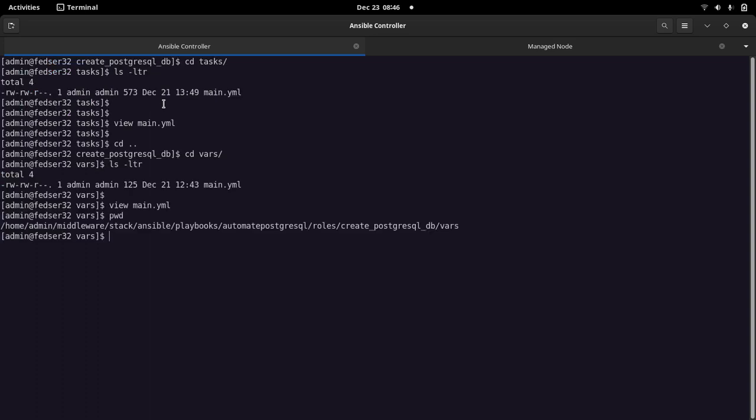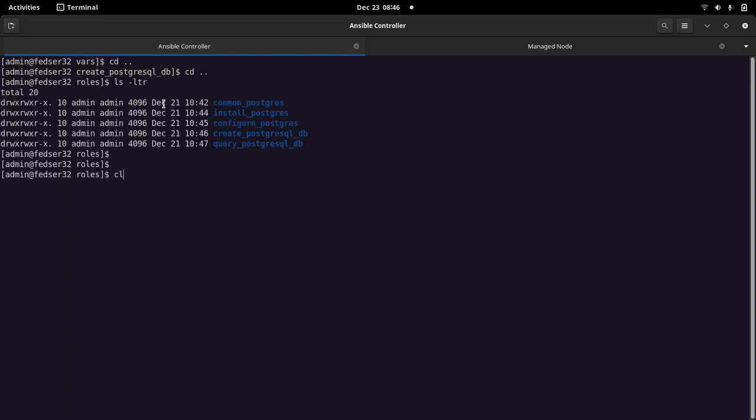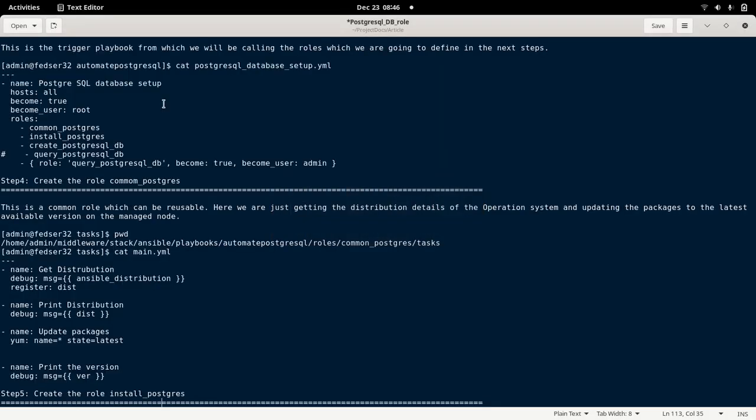Let me close this one and show you the last role. Let me go into my documentation. I completed showing you the commons role.